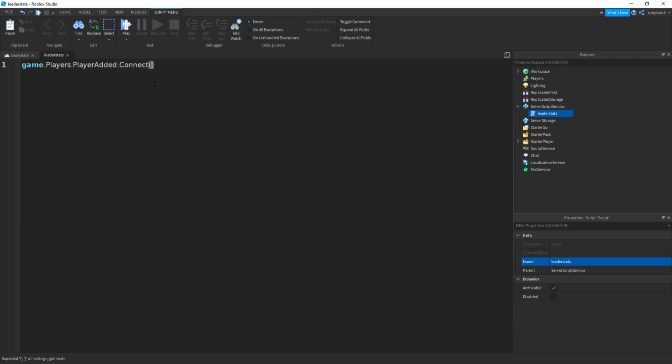Then in between these brackets we can do function, and then if we add in more brackets we can just remove one of these, like this. And then we can type in player in between them. And then once you click enter, then you can see an end appears with a bracket. And then in between these two lines we can do local leader stats equals to